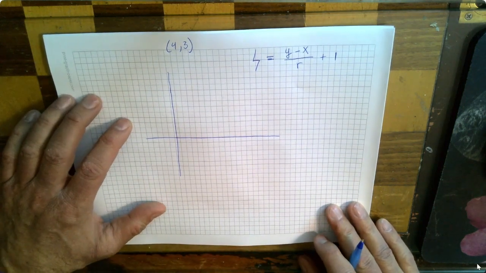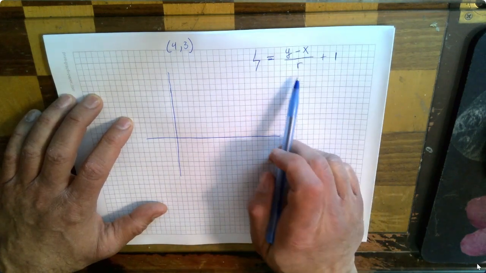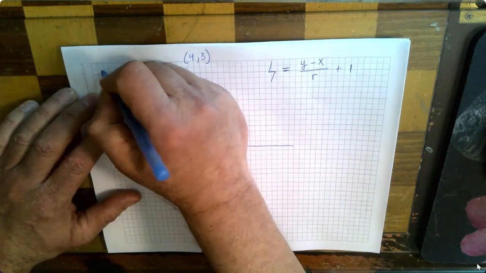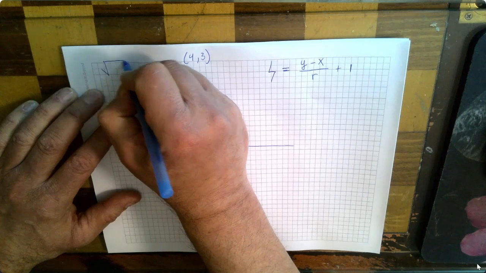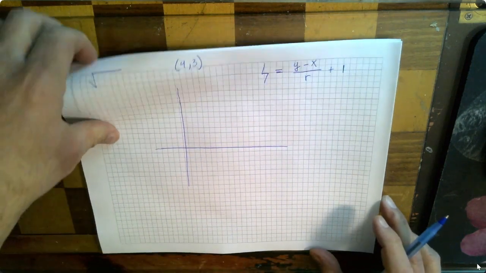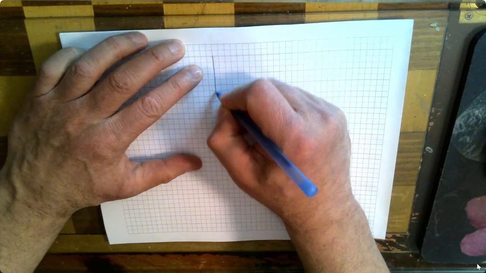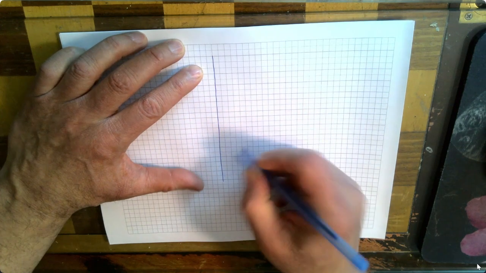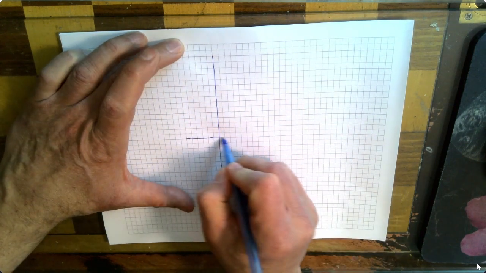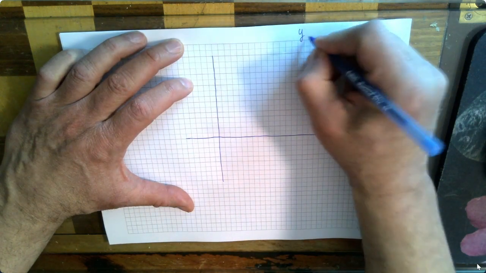I picked that one because I happen to know what r is. If you don't know what r is, you can always get r, the distance from your point to the origin. Here is my axis. This is the first quadrant. The formula is,